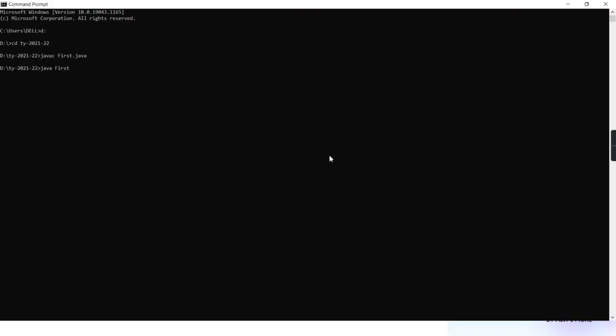Agreed? See here. So enter, and it will find main, and within main we have only one statement, hello world from first. After that there is no code in main. Main is over. After main is over, it will bring the control back to your Java tool. Then the Java tool's control will come back to OS. Agreed? Suppose here if I write second, will it do the same process for second dot class? Yes or no, guys?